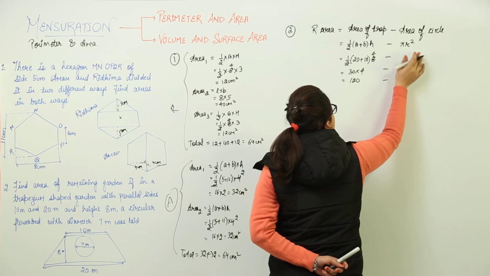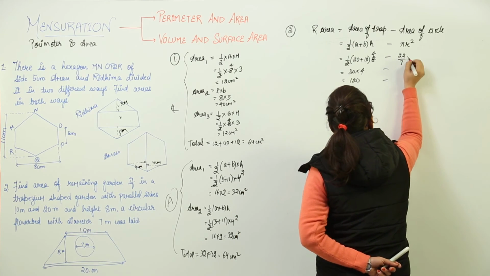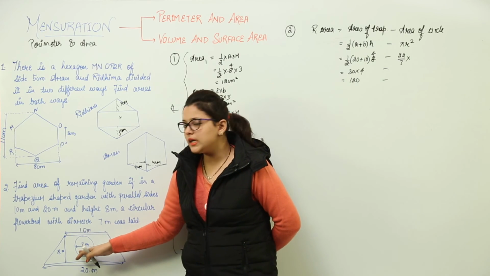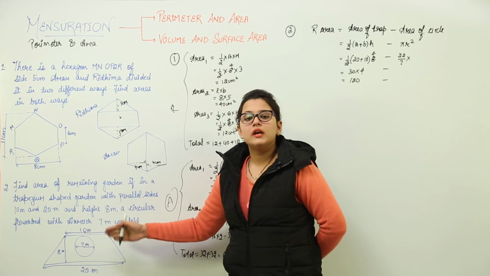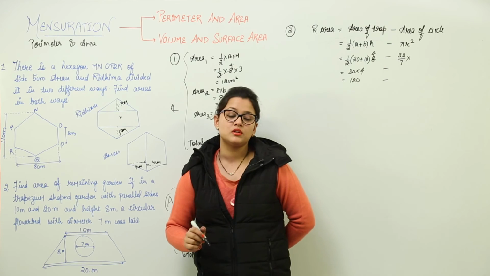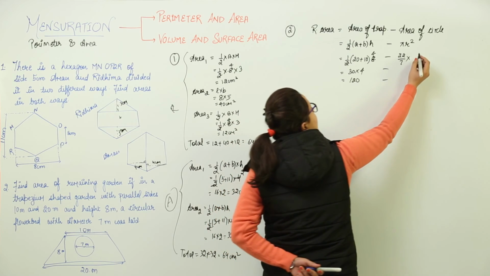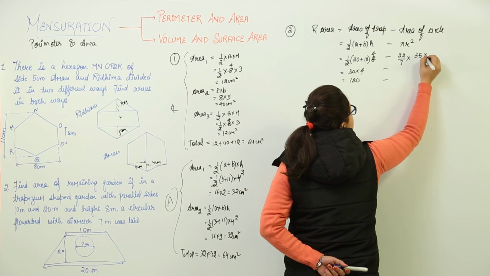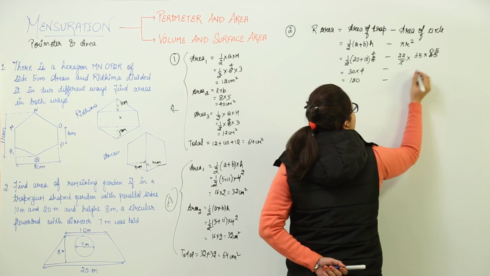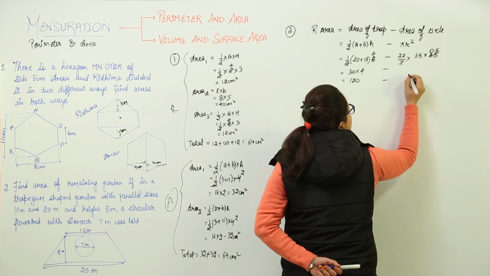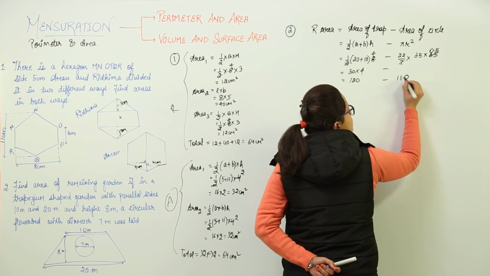Now simultaneously if you do area of circle also, let us do it. Pi's value is already given to us, 22 by 7. Now can you tell me what will be the radius for this circle? The diameter is already 7. I discussed with you that the radius of the circle is half of the diameter. So if the diameter is 7, what is half of 7? Yes, it is 3.5. So 3.5 square means 3.5 into 3.5. We can cut them also. What do we get? We multiply 0.5 with 22. We get 5 2s are 10, 1, 5 2s are 10, 11, 110 and 1 decimal point.